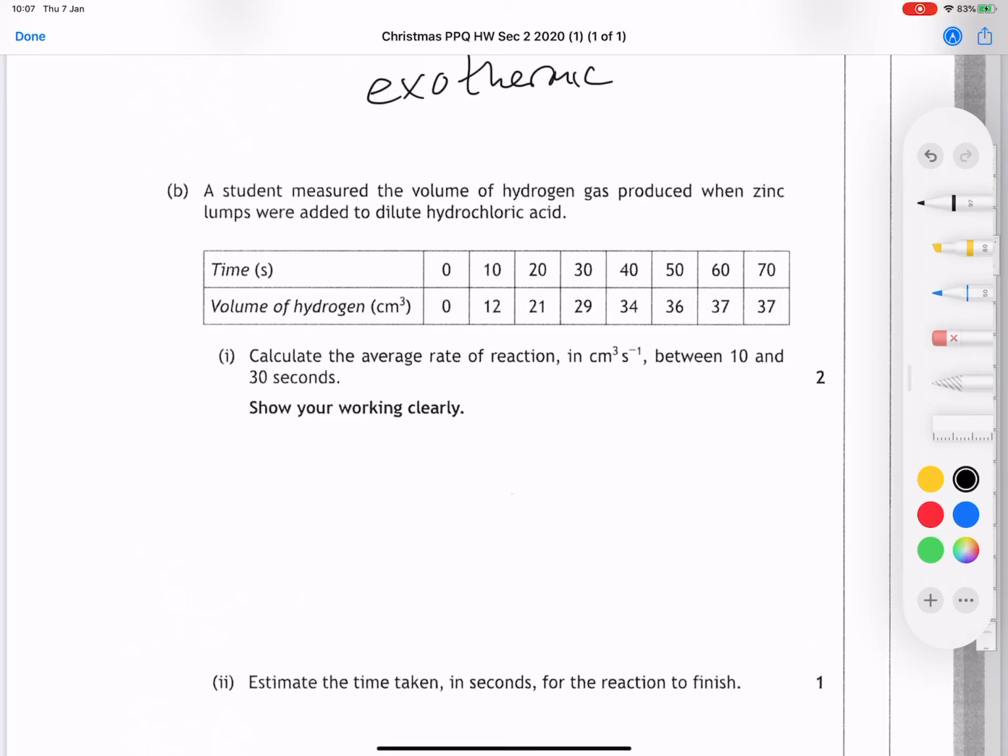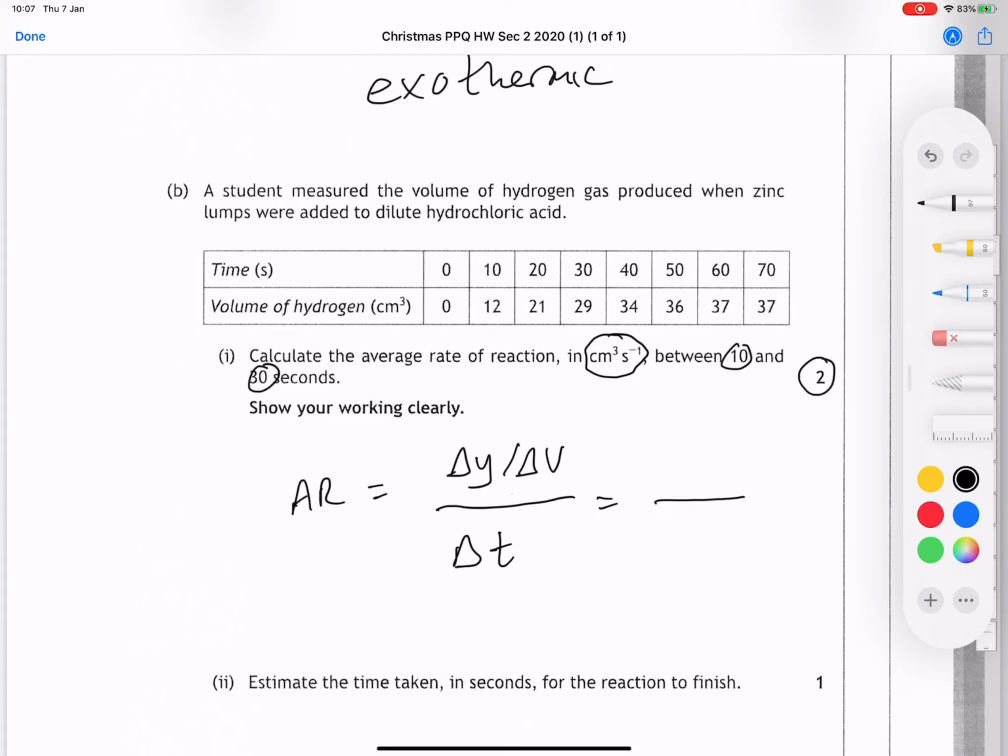Calculate the average rate. This is only 2 marks because it gives you the units. So remember, average rate is change in y or change in volume divided by change in time, and it's between 10 and 30 seconds. So your time should have been 30, take away 10 on the bottom. So it's between here and here. 30 take away 10, and then you should have had 29 take away 12 on the top,